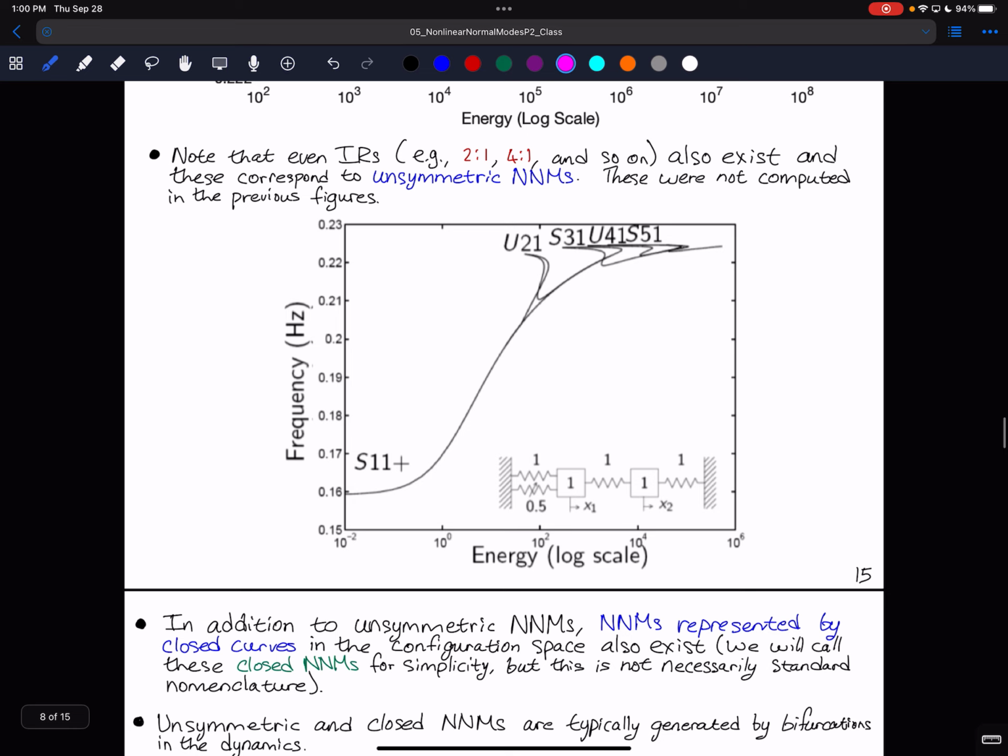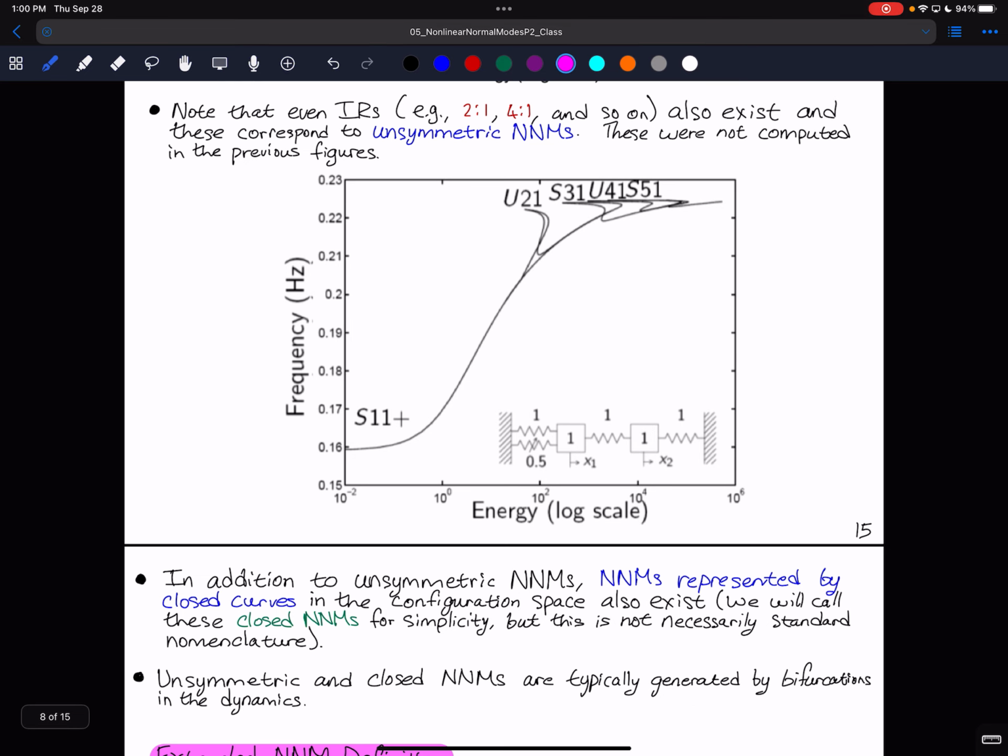Okay, so in addition to these unsymmetric NNMs, you can also get NNMs that are represented by closed curves in the configuration space. We're just going to briefly call those closed NNMs for simplicity, but it's not really standard. It's not really what people would call them, but we can just call that. So unsymmetric and closed NNMs are generated by bifurcations in the dynamics, and as a result of that, the actual continuation method that I've used to compute some of these NNMs breaks down,